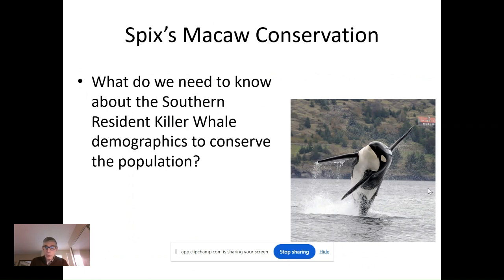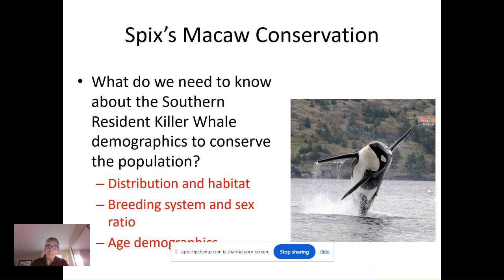So assuming you paused, you would probably come up with the three we just covered, right? So we had to talk about distribution and habitat, breeding system sex ratio, and age demographics. So you'd need to know what habitat and where they were and how they're interacting, how that's going to impact breeding. So defining the population areas and how they interact. You need to know the breeding system. Do you need monogamous, equal sex ratio, or will you be okay with just a few males and a larger